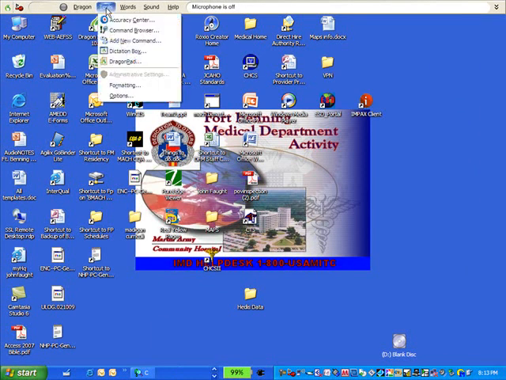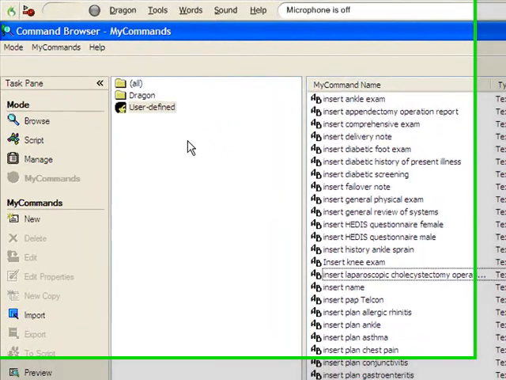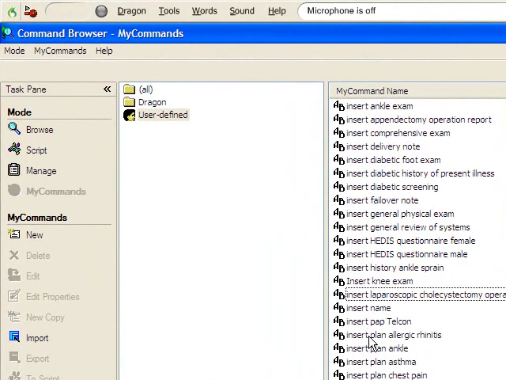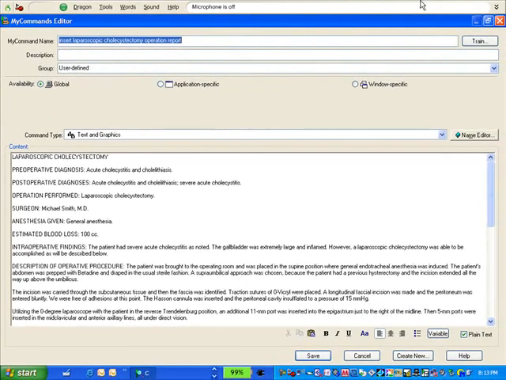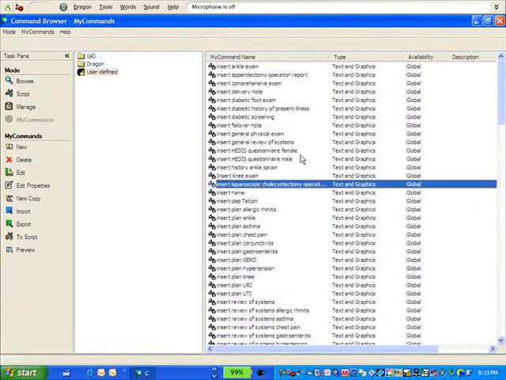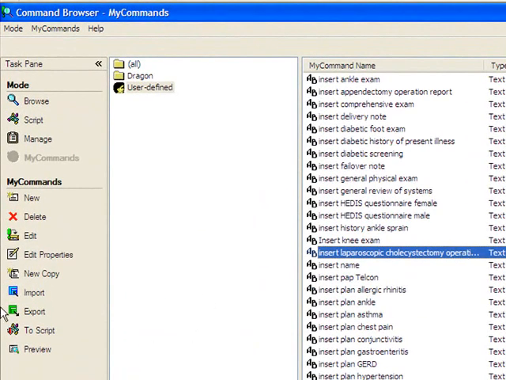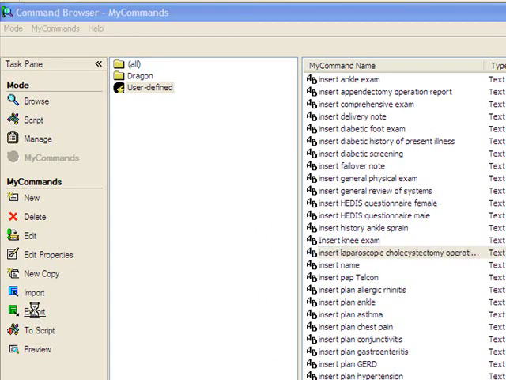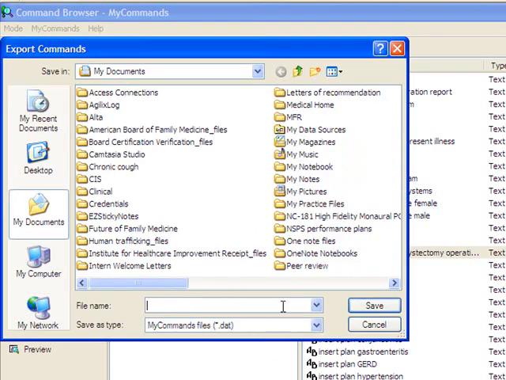So if you go to Tools in Command Browser and you click on one that, say for example, you wanted to, well, I shouldn't have double clicked it, let's go back. This is a laparoscopic cholecystectomy operation note, and let's say I wanted to send that to one of the surgeons. I just click the export. I give it a file name,